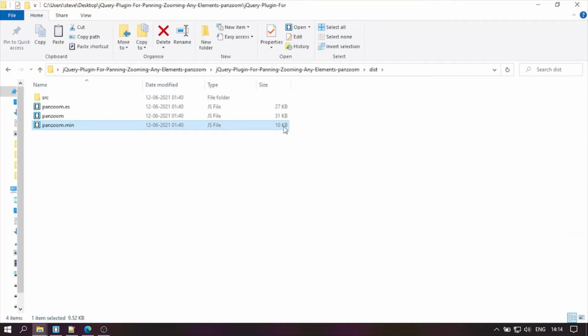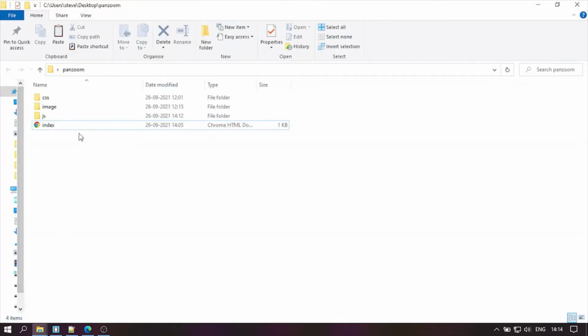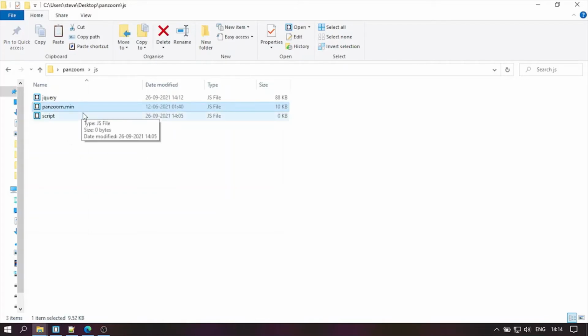The PanZoom plugin is only 10 KB in file size. So copy that, go to your main source folder, and paste it inside the JS folder, because this is a JS file. The PanZoom library is successfully pasted here.